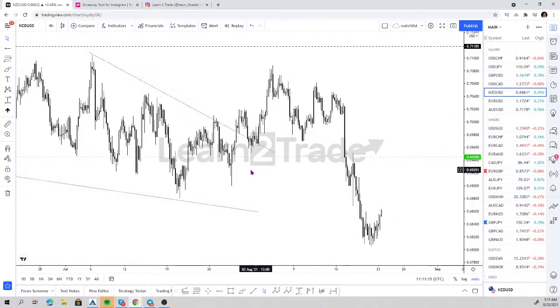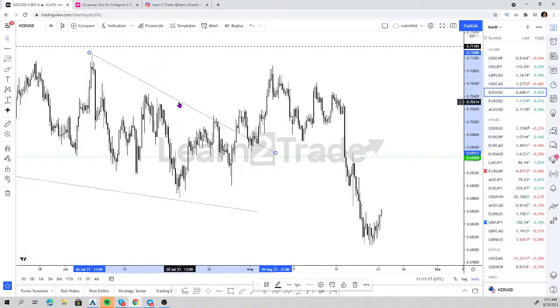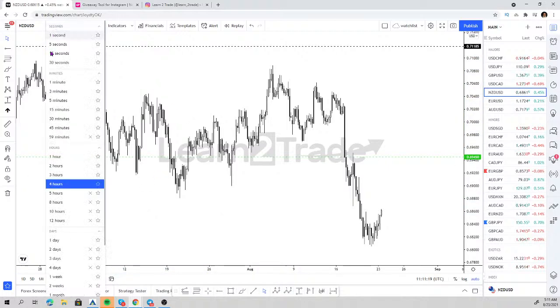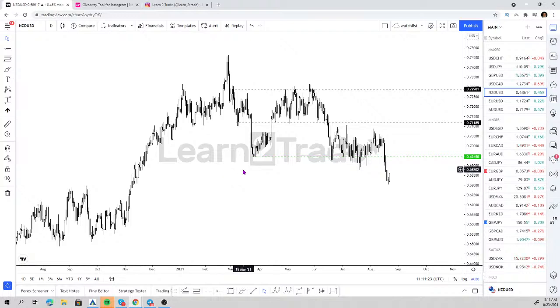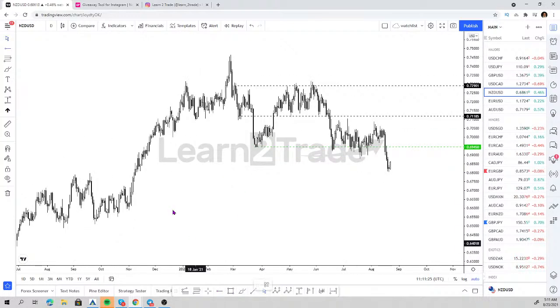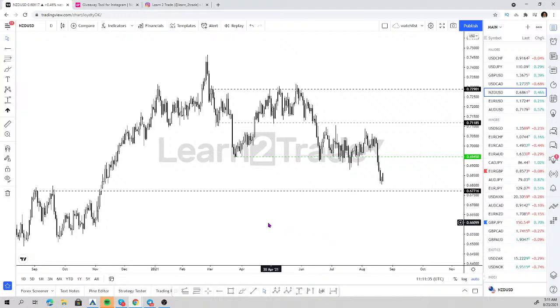New Zealand dollar US dollar. Right. I haven't looked at this chart in a while. Let's have a look at the daily. This is a market that I don't trade very often. Again, my buy zone hasn't been hit yet. So to me, there's no trade just by looking at the daily. I'm not going to buy in the middle of nowhere with no clear support.